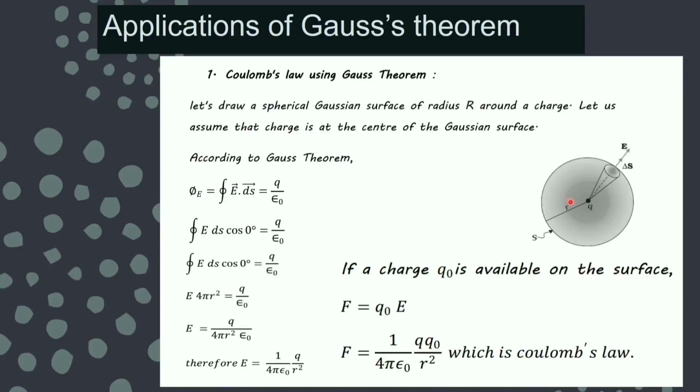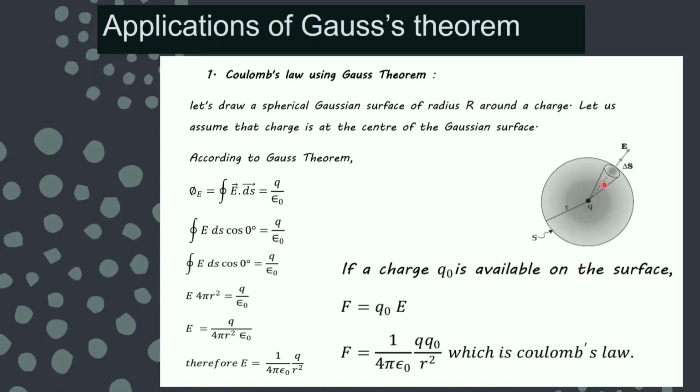and I am drawing a Gaussian surface. We have already discussed that a Gaussian surface is an imaginary surface. If I am taking a particular distance r, I draw a sphere for a point charge; I will always take the Gaussian surface as the spherical surface only. So this sphere has been drawn around this charge q, which is positive, so of course the direction of electric field will be outward.